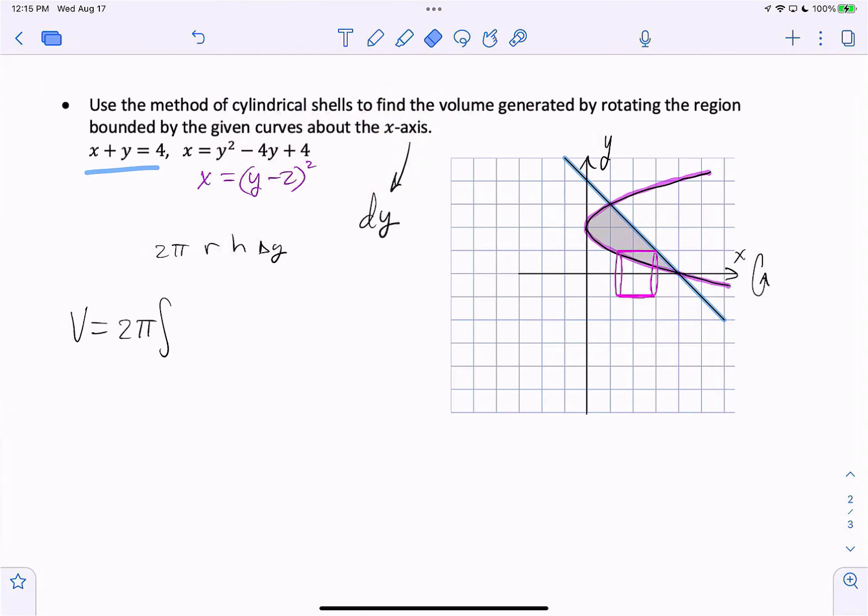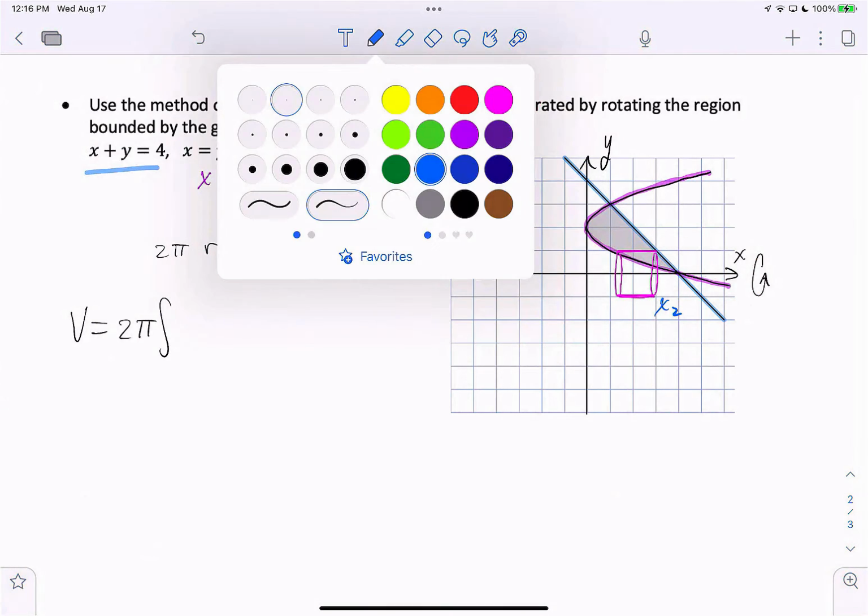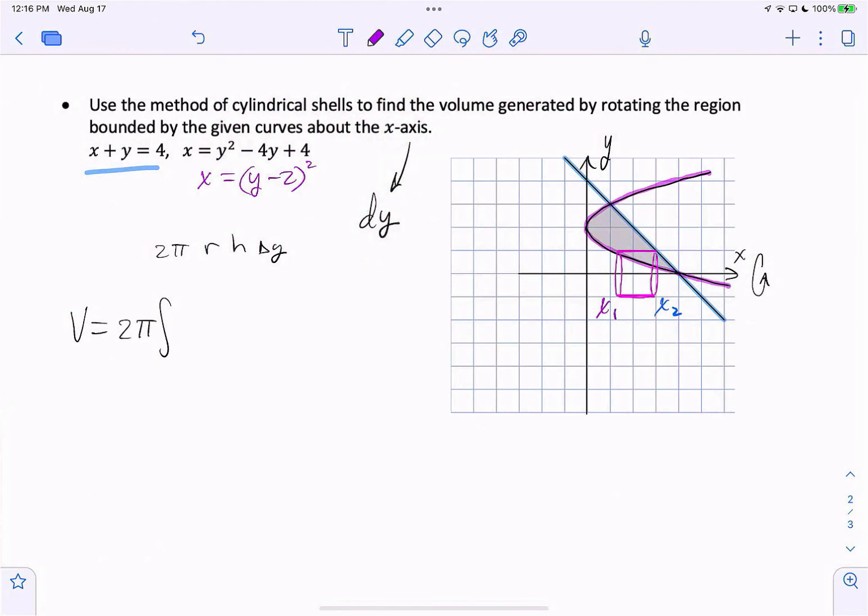I decided to go ahead and develop this with you, or in front of you. When I look at this representative rectangle, I think about x2 minus x1, right? This is a horizontally oriented rectangle, right? And x2 is going to be the larger of the two function values. That would be the rightmost one. So x2 minus x1 for the height of my cylinder. And then the radius of this cylinder,